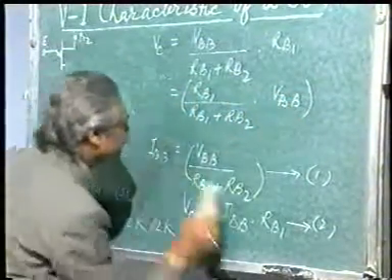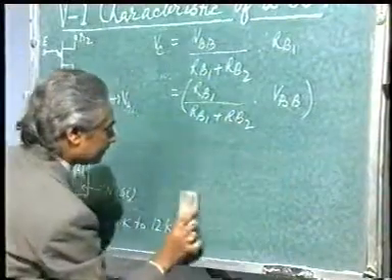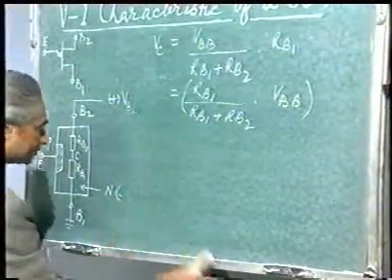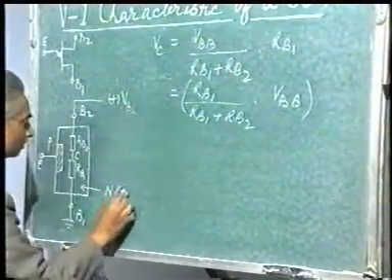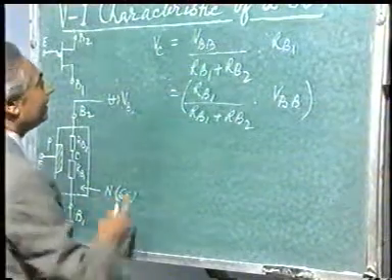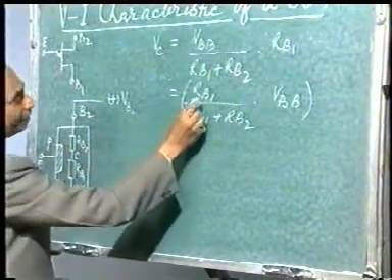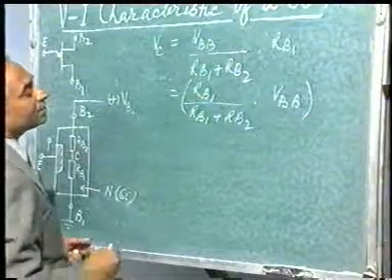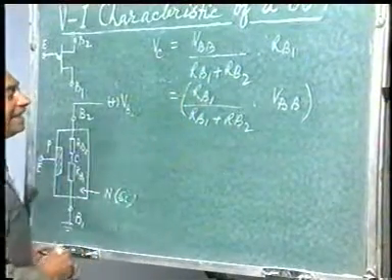That means this is silicon, and hence we get, in place of Rb1 upon Rb1 plus Rb2, this factor is known as intrinsic standoff